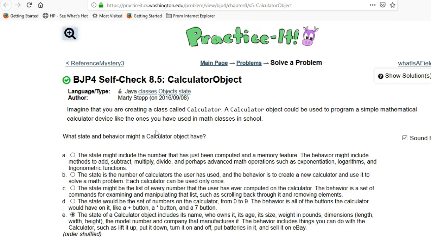So let's not even look at these answers here. Let's just talk about it for a second. We're going to create a calculator class, and it's going to be used to solve simple mathematical problems like you've used in math classes at school. So this calculator is going to be able to add, subtract, multiply, divide. And so you can imagine that what we need, it's kind of not the user interface, but the programming interface